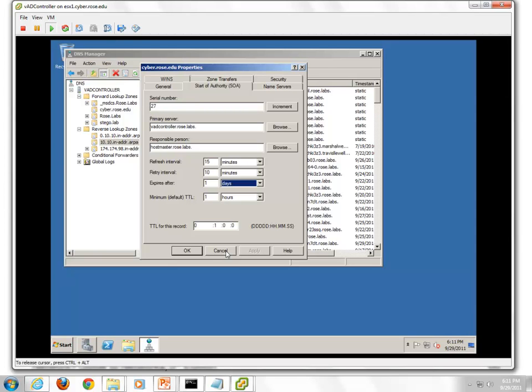That right there is wrong. That serial number, the way Microsoft does it is totally wrong. The way it needs to be done, I'll show you. I'll fix mine. 2011. Oh, is it the 29th? 09 29 01. Okay, that's what the serial number is supposed to be. Month, day, year, 01. That way I always know the last time it was updated.